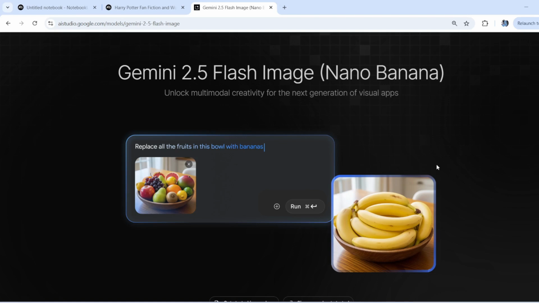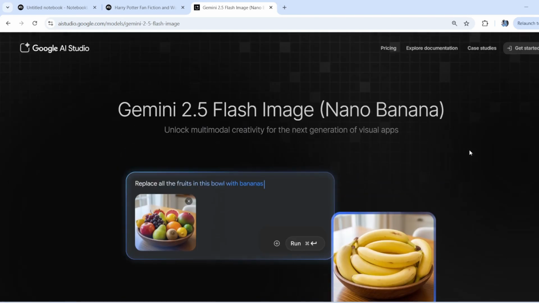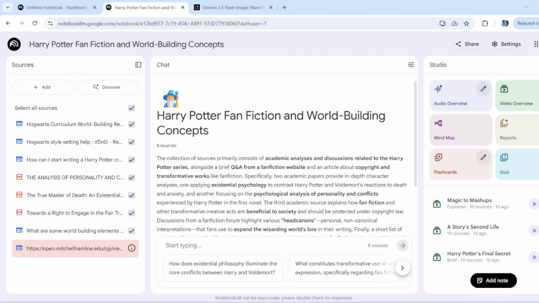But what Google has done is it has integrated two of its latest tools together to form a video overview in NotebookLM with the help of Nano Banana, and that is how it has powered this beautiful tool. Okay, so I know you want to explore that tool with me. Let's get started. So first of all guys, you can see that I have created a very simple notebook here